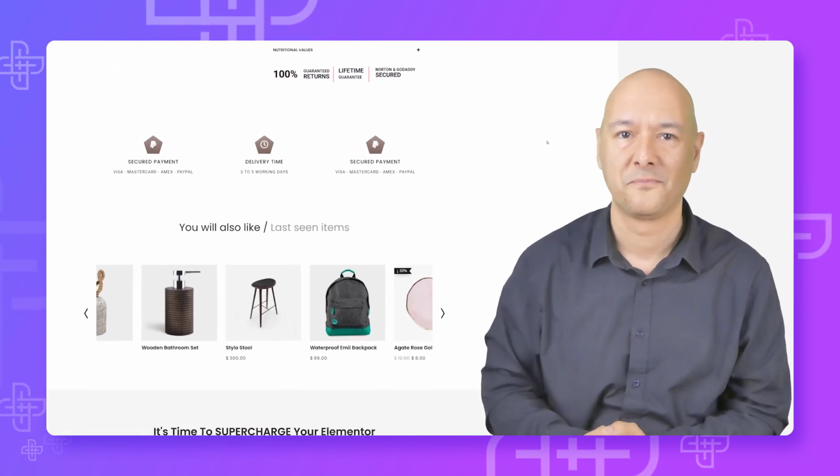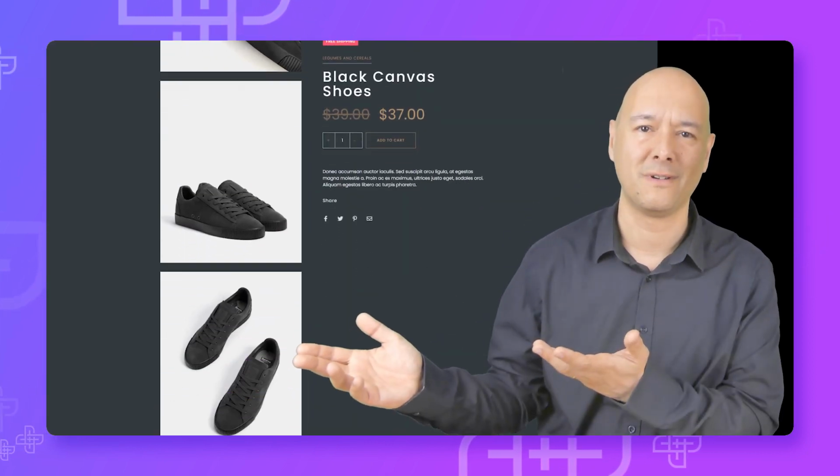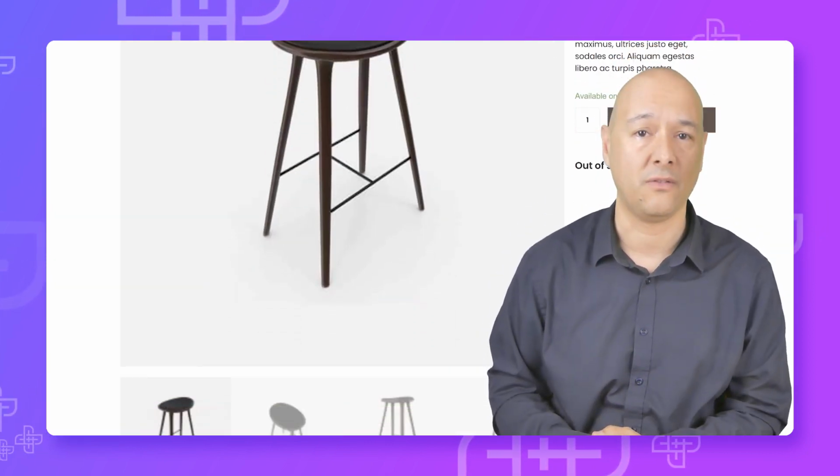And you will be able to design splendid product pages like this one, or like this one, or even like